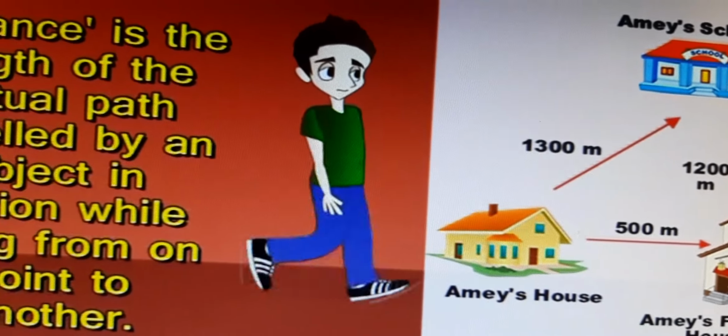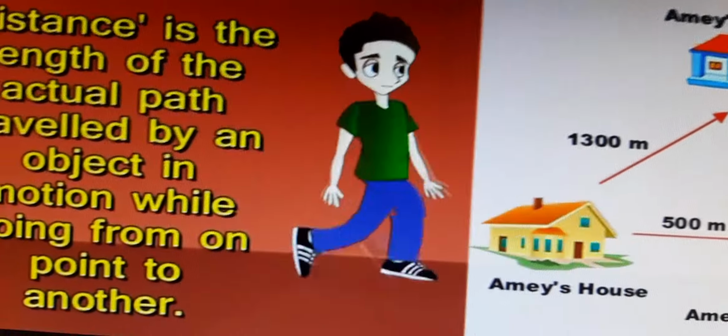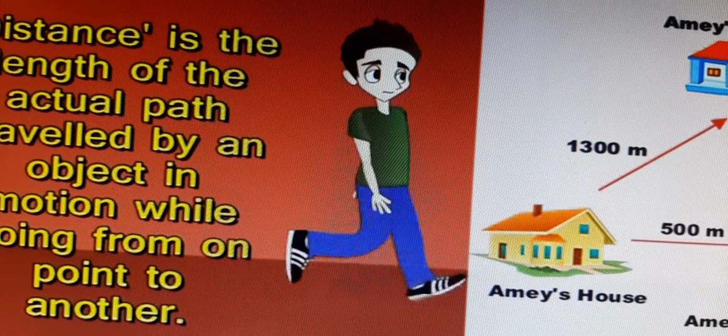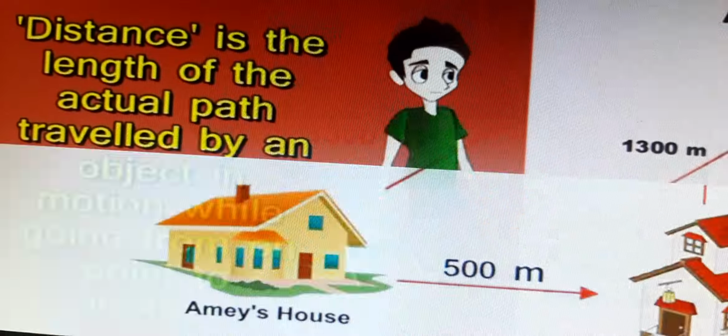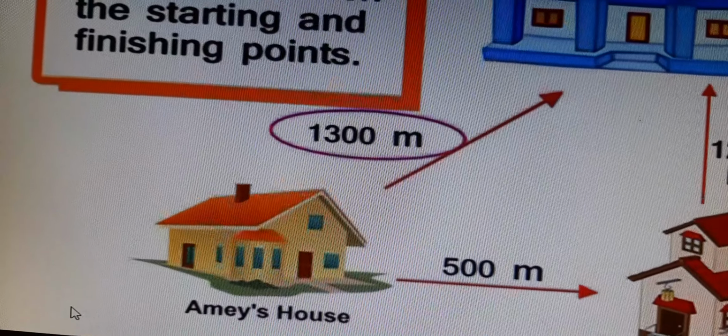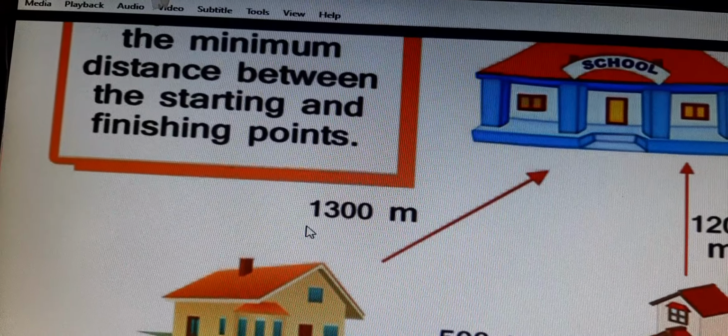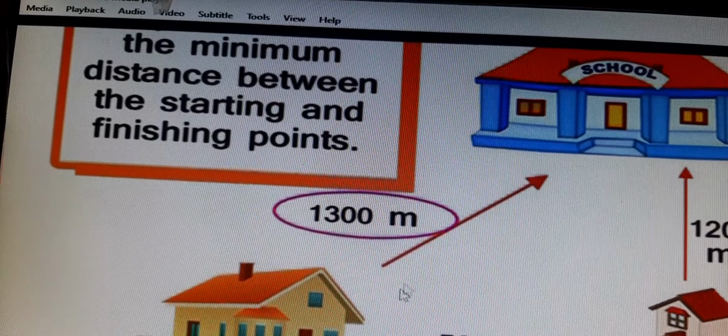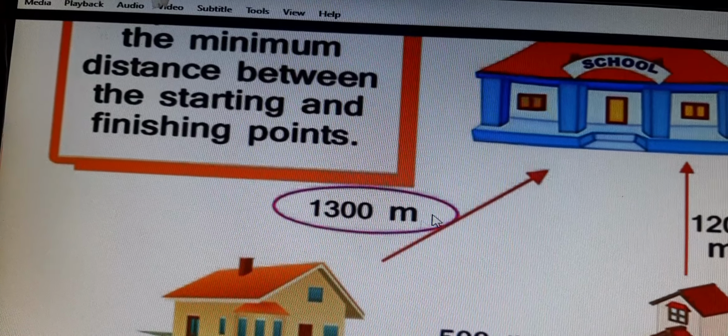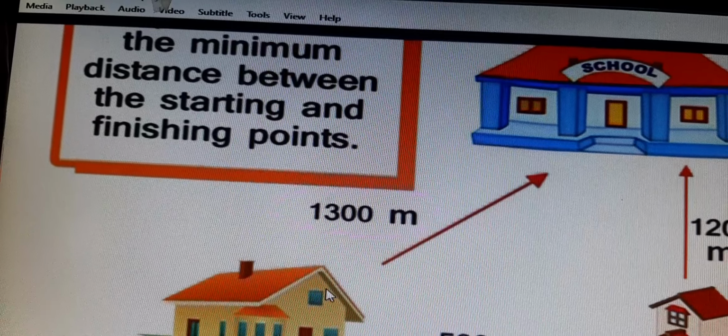Now see what is meant by displacement. Displacement means the minimum distance between the starting and the finishing point. The minimum distance from Amey's house to his school is a straight distance of 1300 meters, therefore it